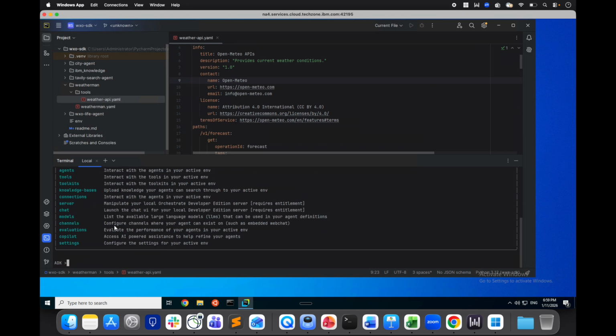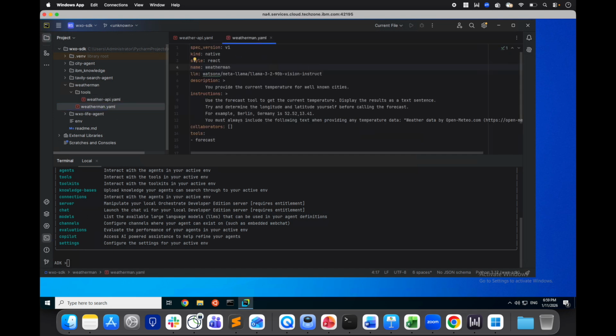So it will give you all the details about the different CLI commands available. So now let's go ahead and create the agent. Double click on this weatherman YAML file here to view the definition of the agent. Now this YAML file defines the agent using an ADK specification for agents. It defines the agent description, the instructions which define the agent's behavior, and the LLM model it will use for